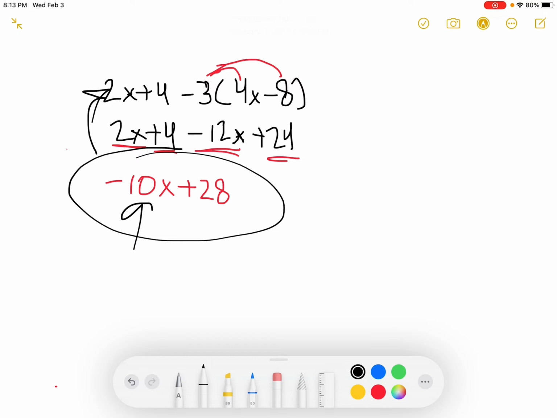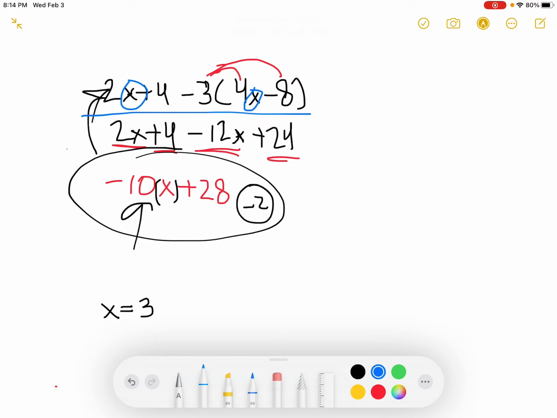Here's how we can see. Let's say that x turned out to be 3. Let's plug in x here and see what happens. That's negative 10 times 3 plus 28, which is negative 2. So here we get negative 2. To see if we simplified it right, we should also get negative 2 when we plug x into here and here. So let's do 2 times 3 plus 4